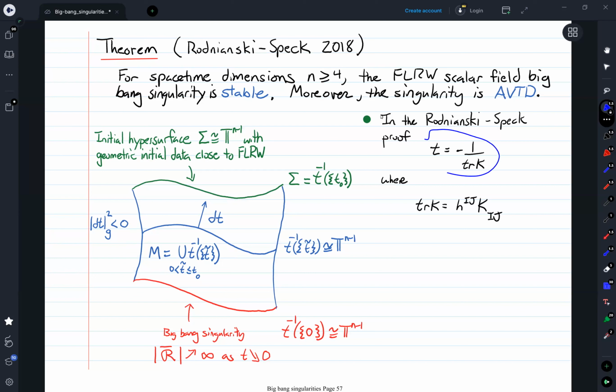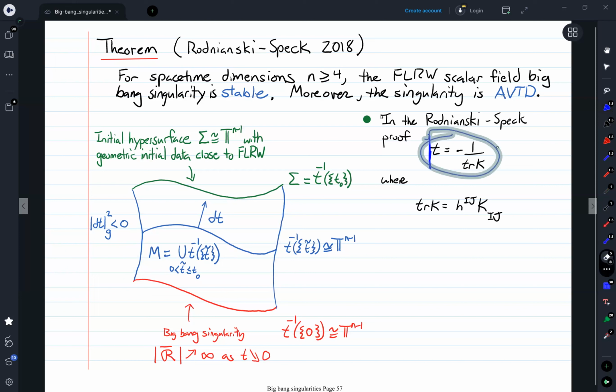It's a geometric one. What it does is K would be the mean curvature, the trace of K would be the mean curvature of each of the slices. So they're using the geometry of the slice to introduce a time. Okay, so this has very nice properties, but one of the problems is that